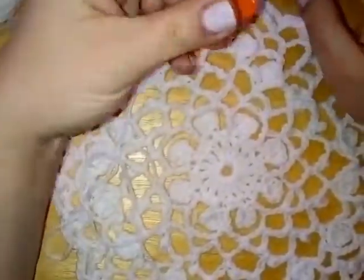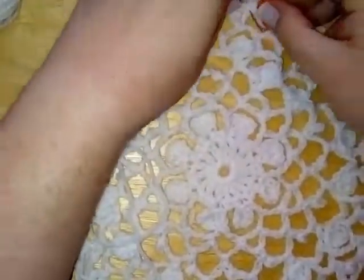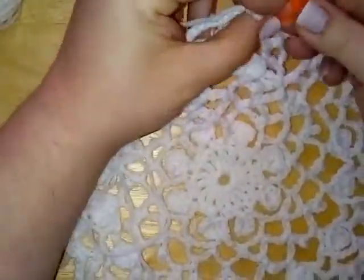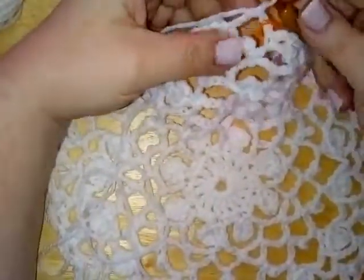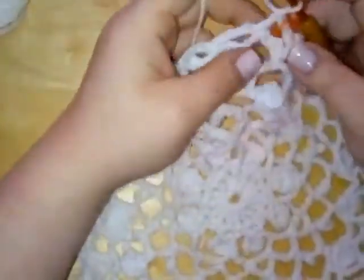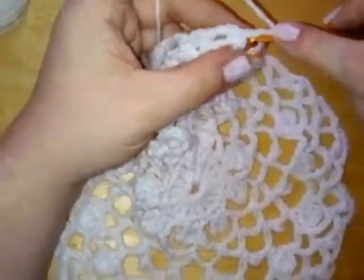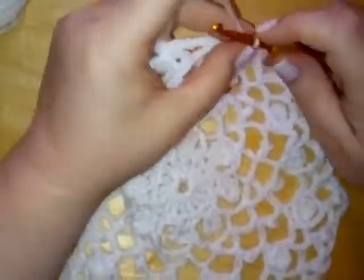I'm first of all going to put my stitch marker in this first chain space. So this is our chain space here. I'm going to pop my stitch marker in here so I know this is where I'm starting. It will be more obvious, but I'm just going to pop it in there anyway, as it's sitting there. So what we're going to do now is chain 1, and then, as before, we're going to do a single crochet in that same space, and then we are going to chain 3,